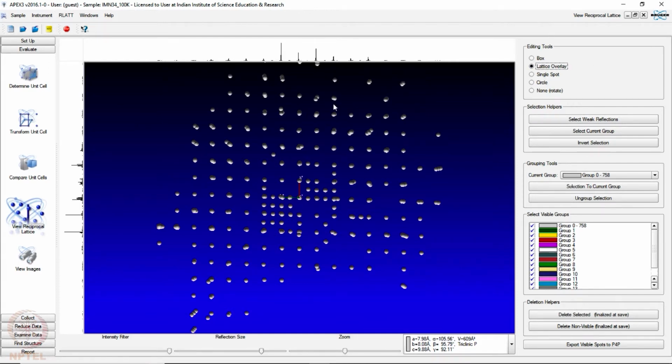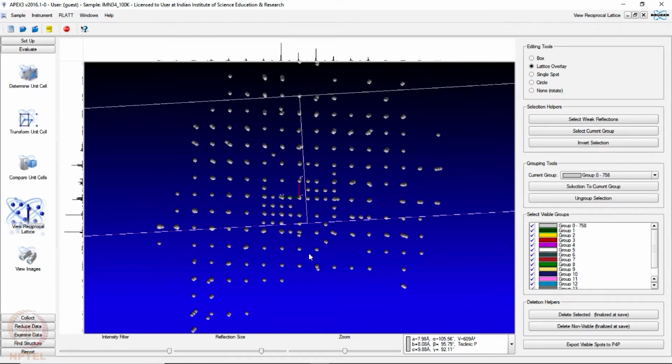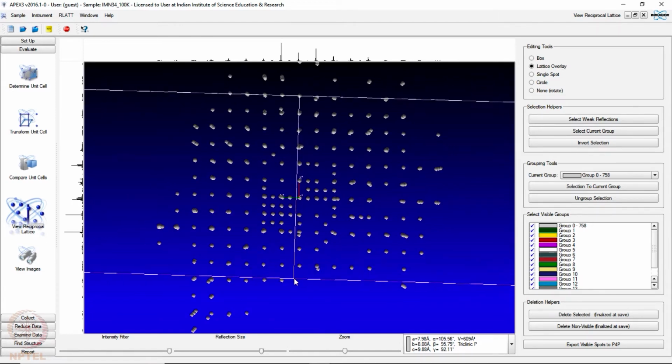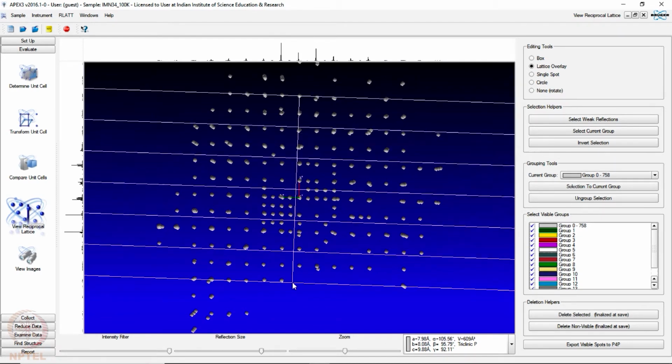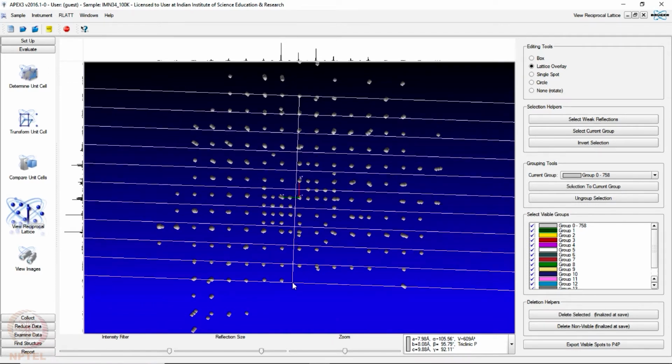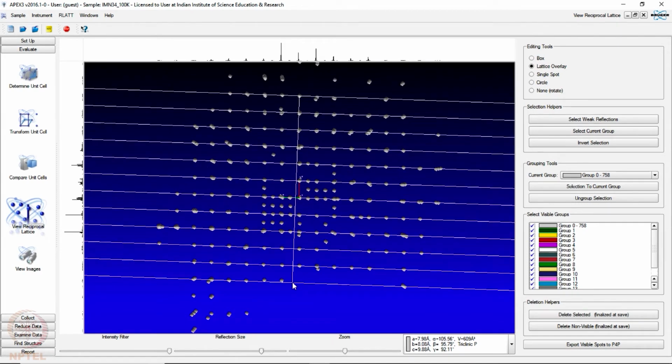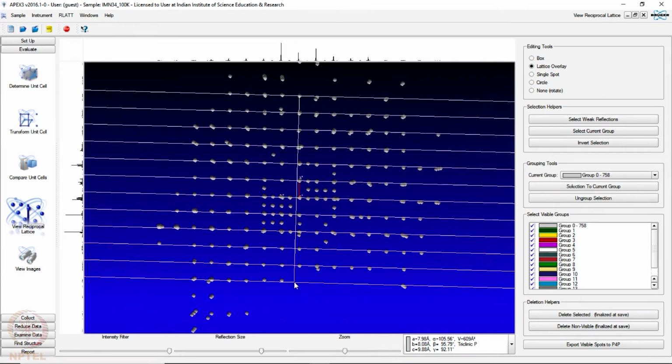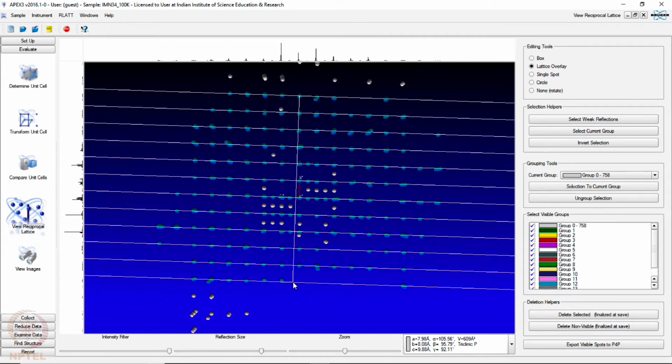So I am doing it using the lattice tool. So we are trying to see the periodicity in this data in the reciprocal space, and taking the reflections which are just falling in line as the selected reflections,